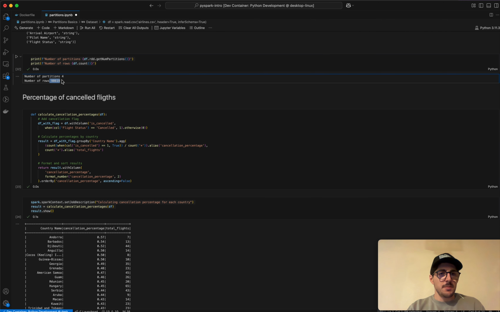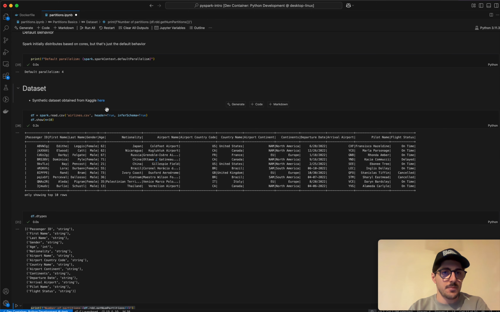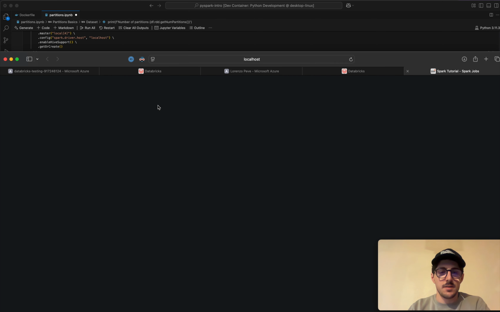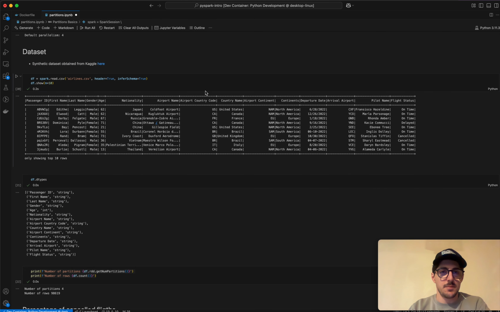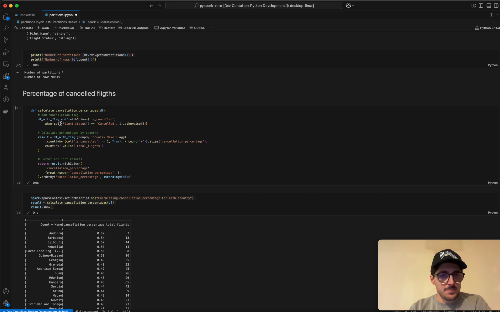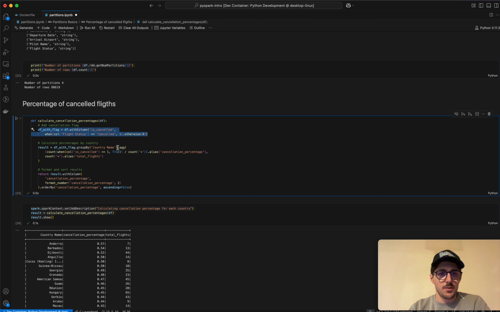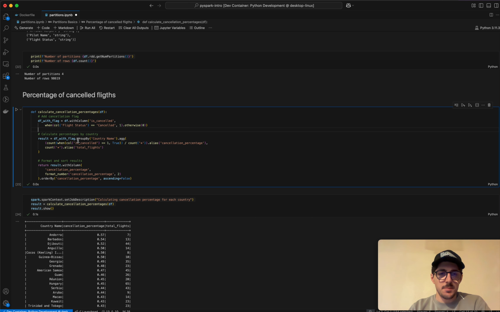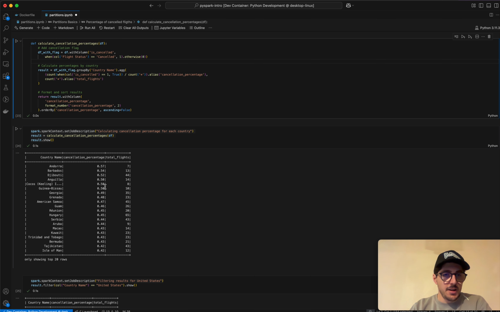And then if we look at the number of rows, it's almost 100,000. And we'll get back to that number in a second. Let me open that. That's the Spark UI. So when it comes to the aggregation, first of all, we are adding a flag, whether the flight is canceled or not. And then this is simply calculating the percentage of flights canceled and aggregating that per country. And as we see here,